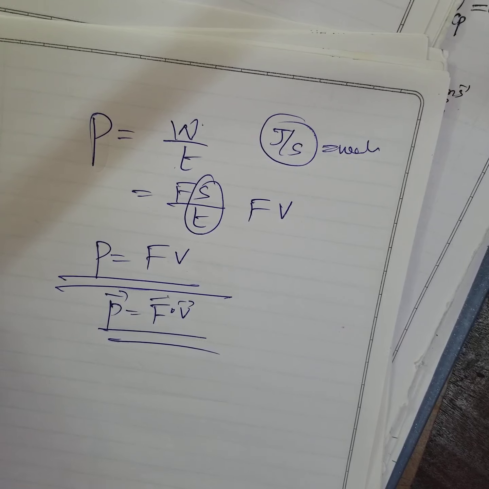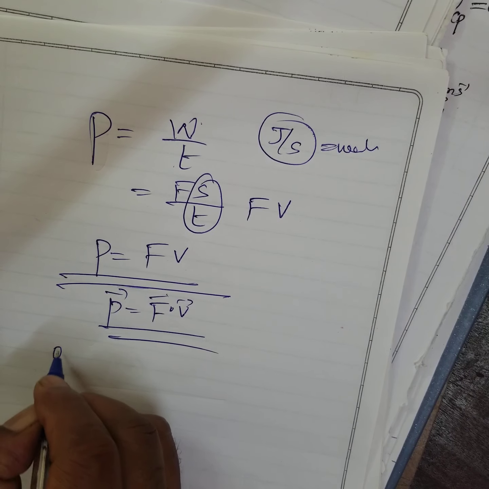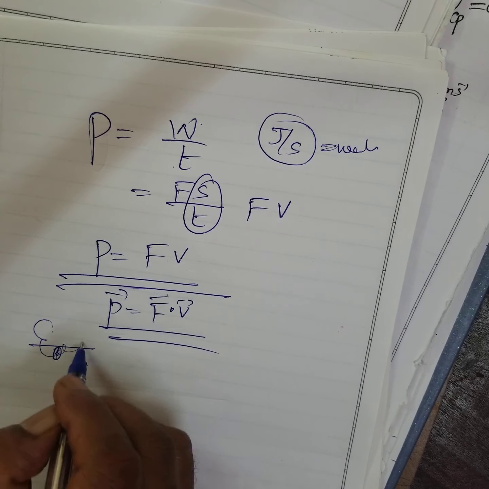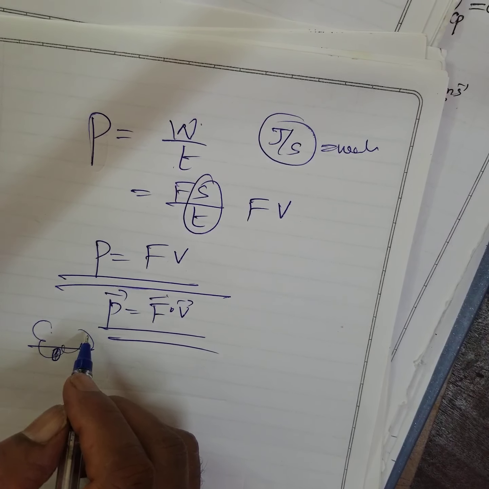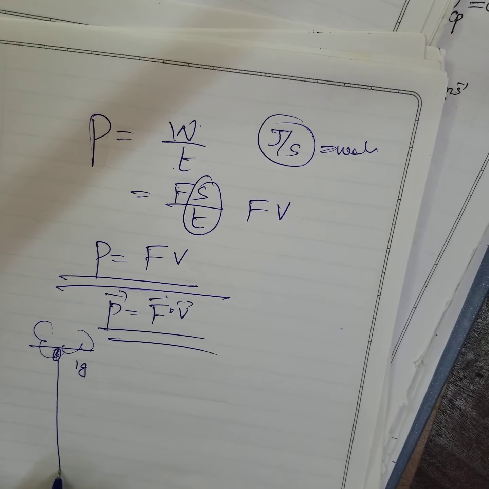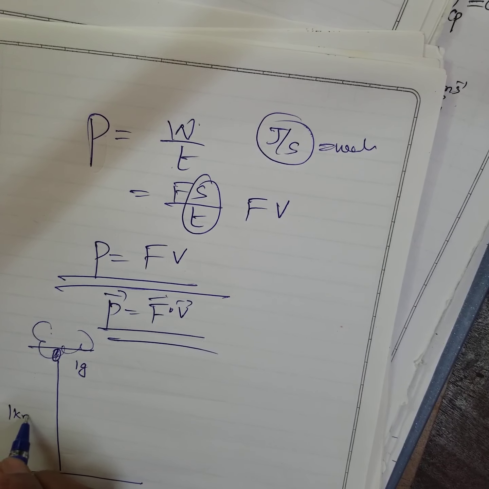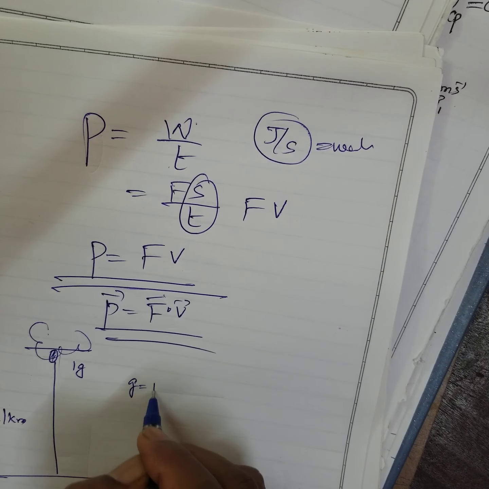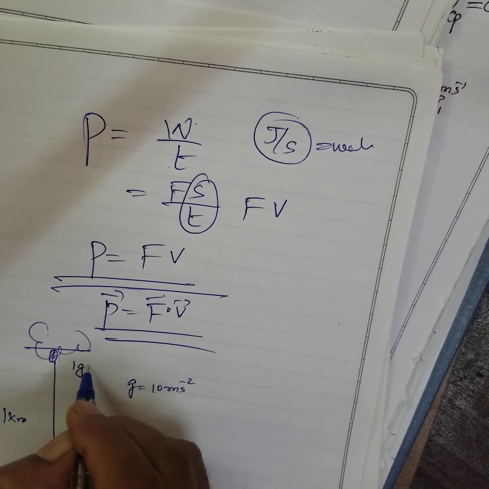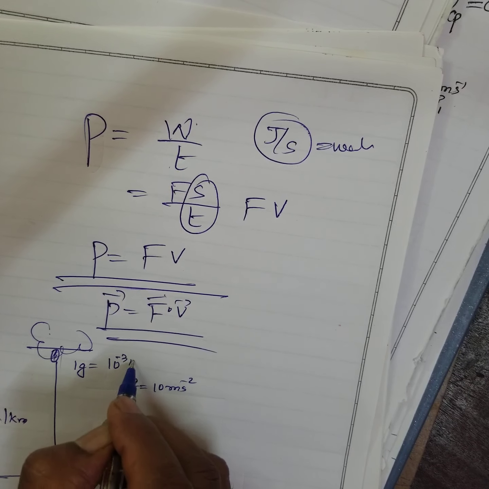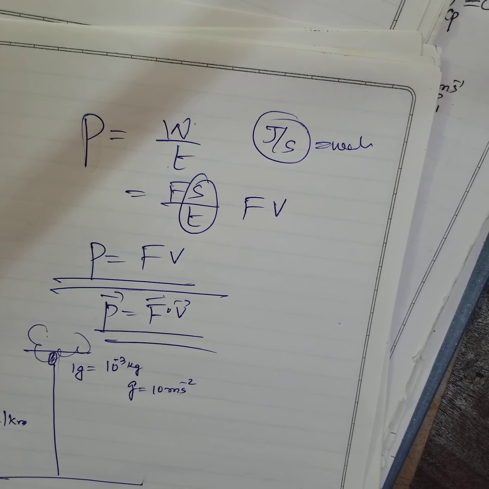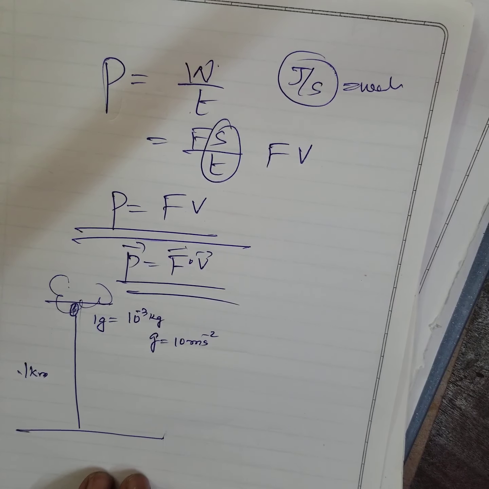Okay. With this, I'll start the problem. Suppose there is a raindrop of 1 gram, which is at a height of 1 kilometer. It is falling under gravity, that is, acceleration is equal to 10 meter per second square. 1 gram is 10 to the power of minus 3 kg, right? If they give this type of sums, how to work it out?